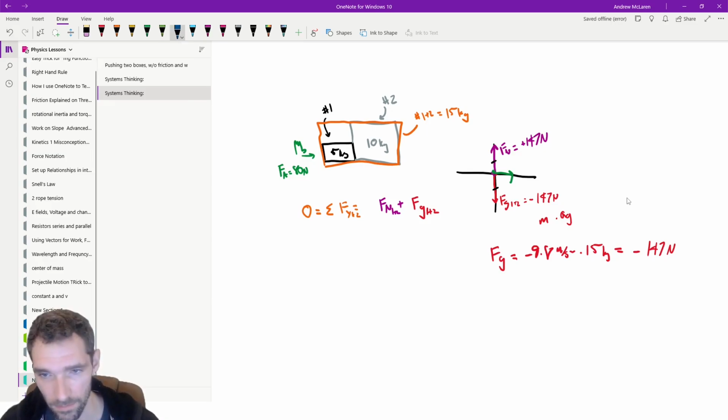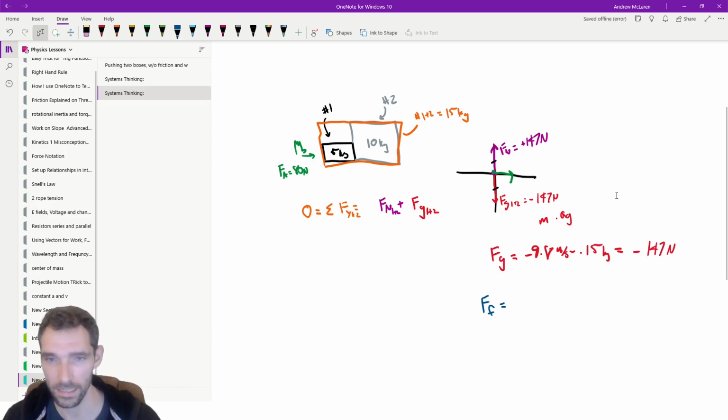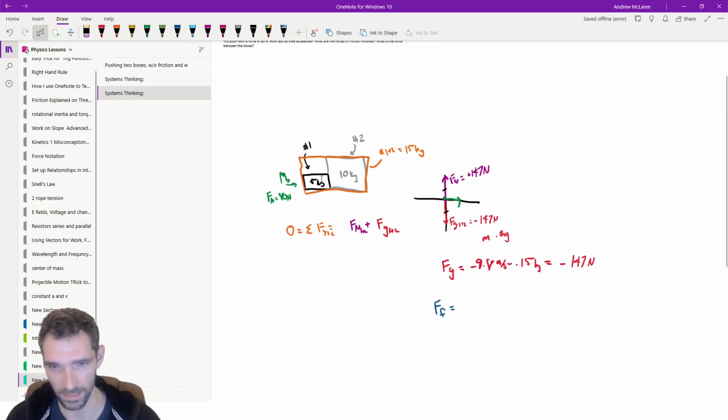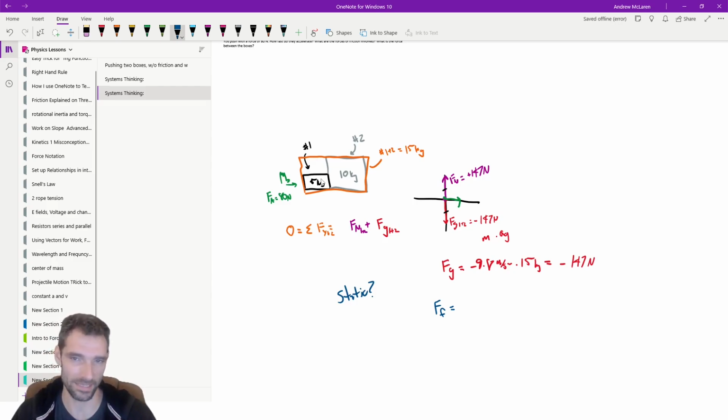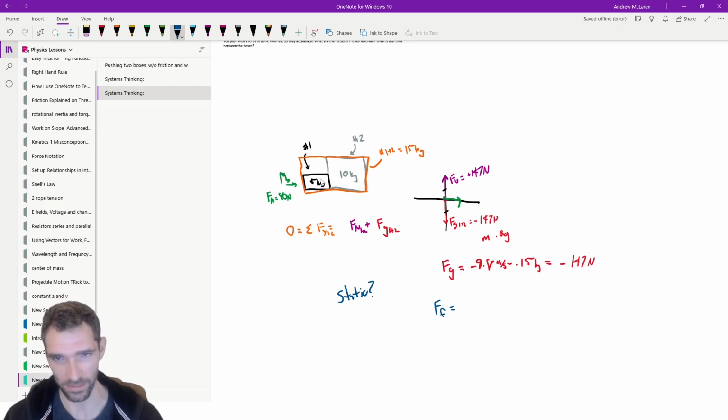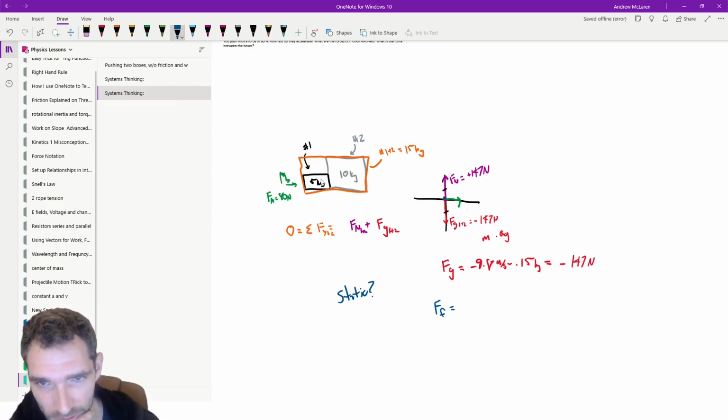And we can then think about, well, what is my force of friction that would be appropriate with that? And we really want to think about, is this static or potentially kinematic? So if we're assuming it is static, we can check to see if that actually holds true or not, and work with that number. So we can look at the force of friction here,